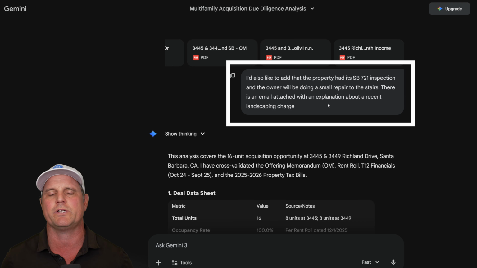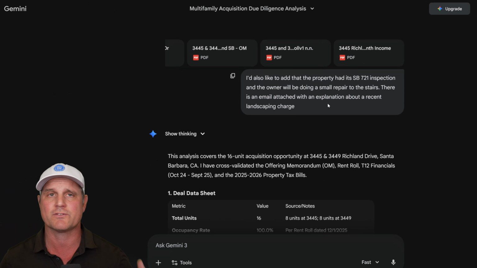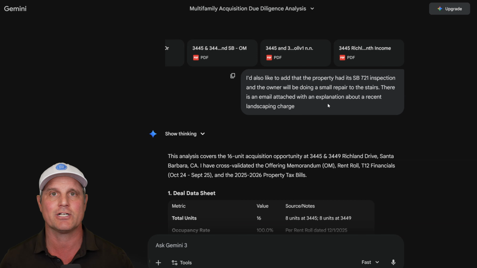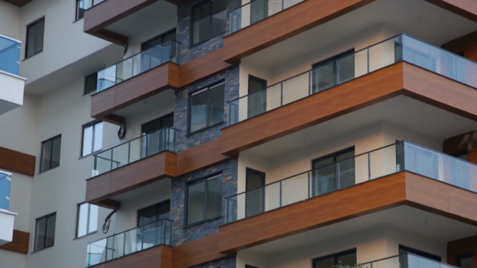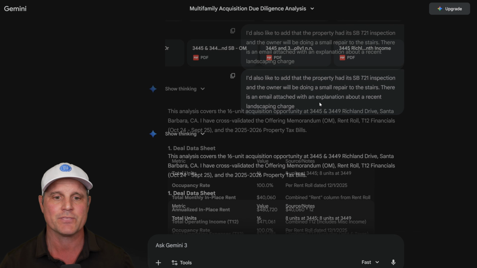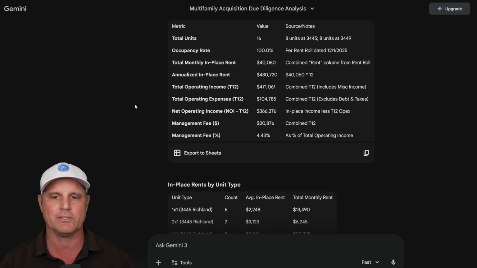The SB 721 inspection, the agent told me was done and the owner has to do a small repair on the stairs. SB 721 is for exterior elevated elements. 3 units or larger, we need to have an inspection and a report created around decks, balconies, and stairwells. That was done. So it went ahead and it started analyzing the different things I had uploaded